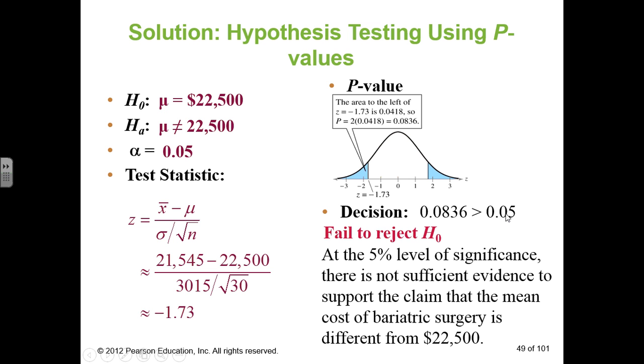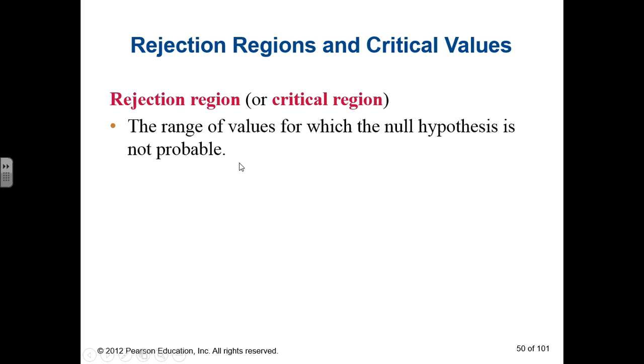0.0836 is greater than the significance level, so we fail to reject the null hypothesis, and our conclusion is, at the 5% level of significance, there is not enough evidence to support the claim that the cost of the bariatric surgery is different from $22,500. Now we're going to look at a different approach to a hypothesis test known as the rejection region or